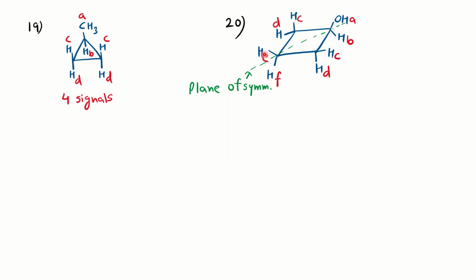And this is above the plane, again in the environment of HC both. So HE a separate signal and HF a separate signal because it is in the environment of below the plane HD and HB. So in this CH2, the 2 protons are chemically non-equivalent. Similarly, the other CH2, the protons are chemically non-equivalent, and will give you a separate signal. But the 2 CH2 are chemically equivalent because of the plane of symmetry. So total, if you calculate, it is 6 signals.